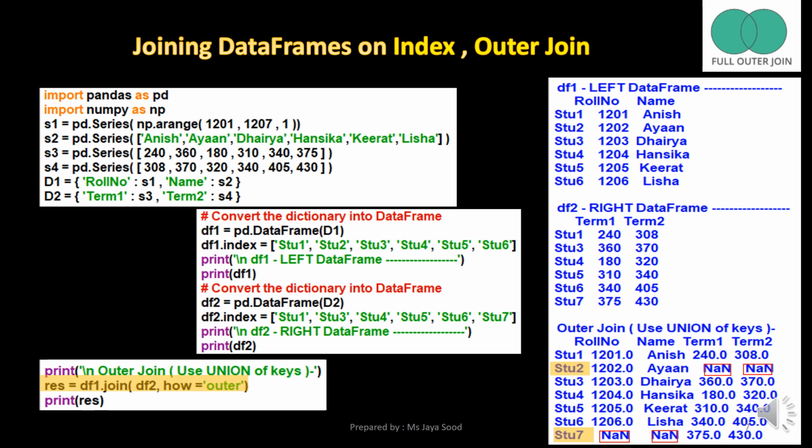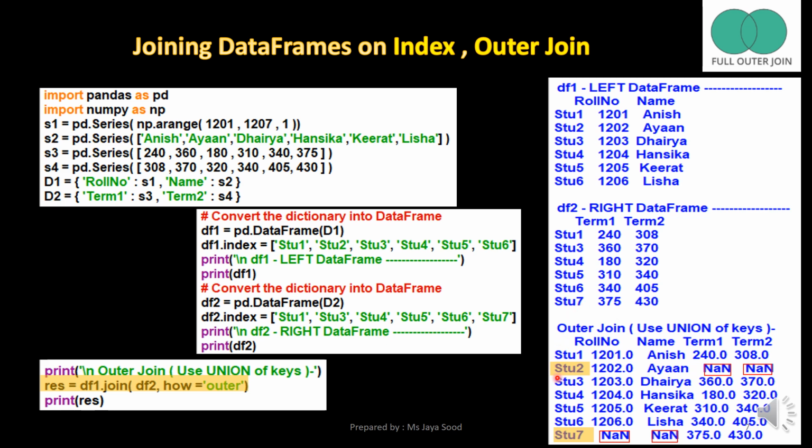Continuing with our example, let us create an outer join. The data frame object res is created by writing the statement df1.join(df2, how='outer'). In this join, all the indexes from the left data frame as well as all the indexes from the right data frame will be used to join rows.